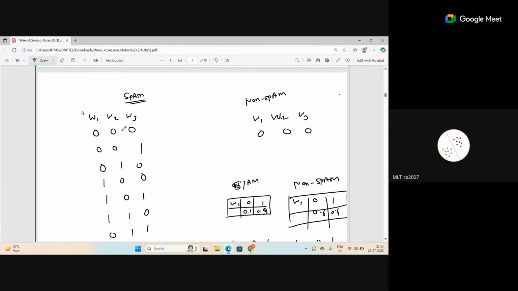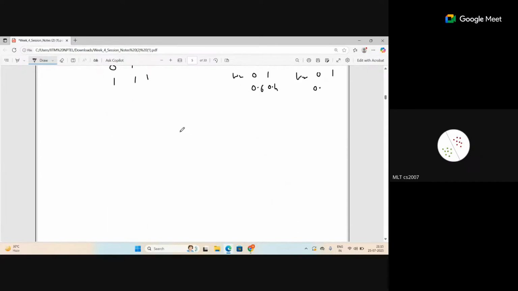And accordingly, since they have different probability distributions, the probabilities will be different for them. Then the probability of y equal to spam given this sentence will be different from the probability of y equal to non-spam given the same sentence. You can see that example in the lecture where sir has given some values to these probabilities, and it's decided based on that.